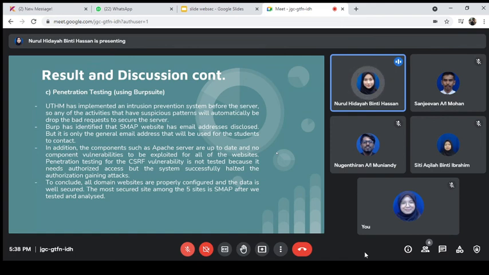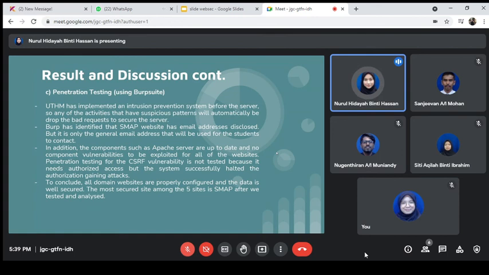However, PTM UTHM EDU.my and www.uthm.edu.my have not properly handled the error exception, but fortunately it does not affect the security of the system because it has data sanitization and an intrusion prevention system. So for the next pen test,